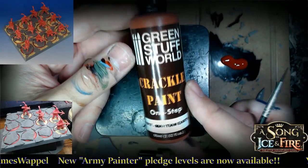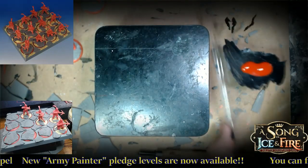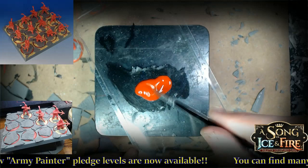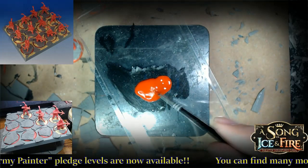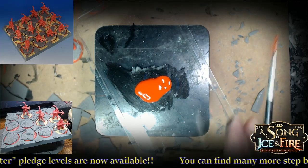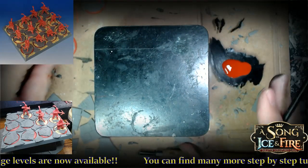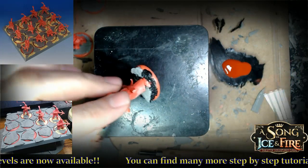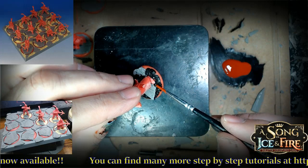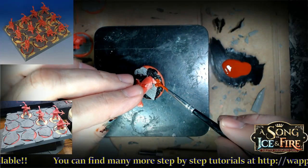We're back at it again, and we are going to try the Green Stuff World crackle paint. Now, as we mentioned, it's thinner than that Agrellan Earth, the GW stuff, but I think it was the thickest of all of the paints that we tried in the other video. So remember, the idea is we start thicker here, you give it a heavy coat,